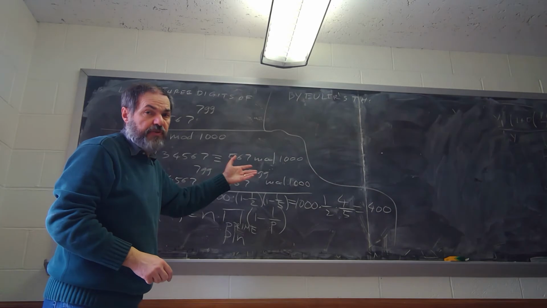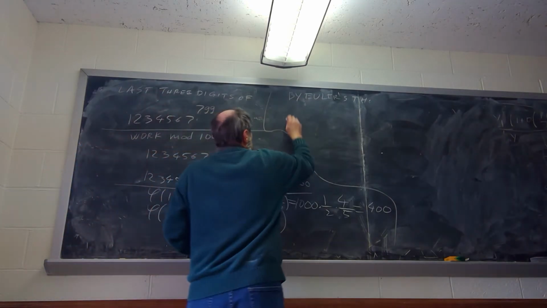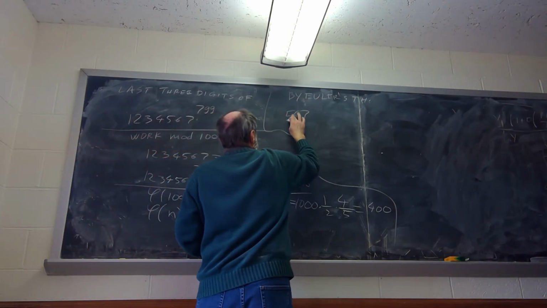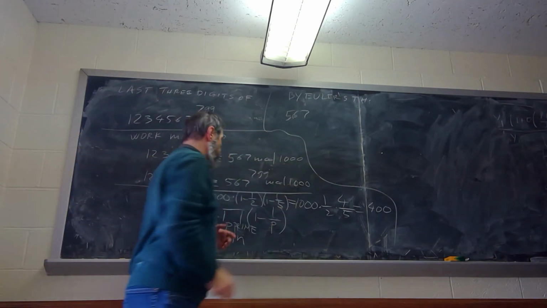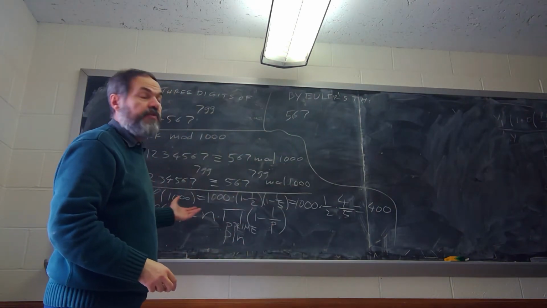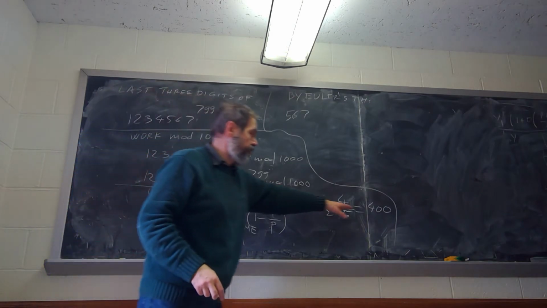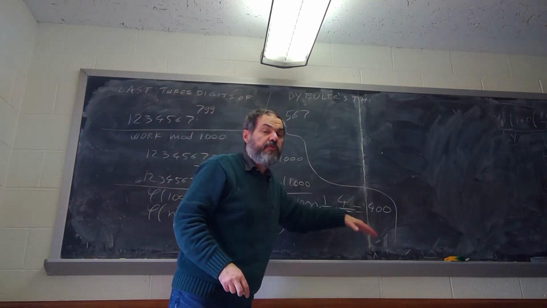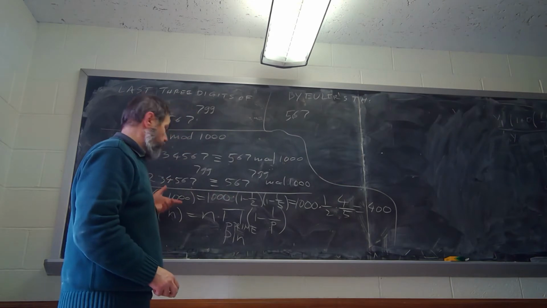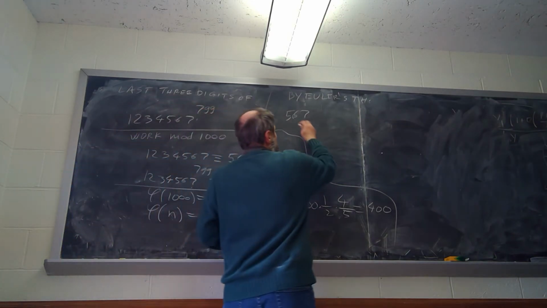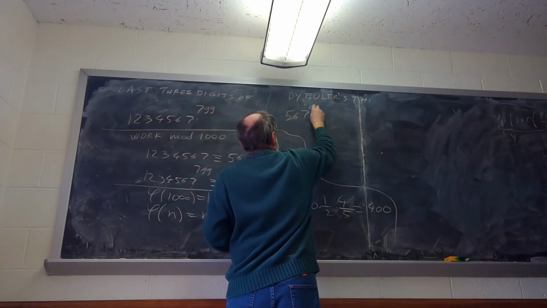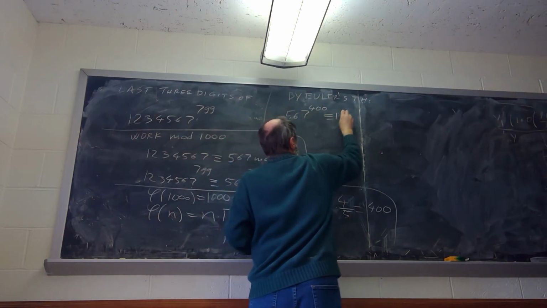It's raised to a large power. What we know now by Euler's theorem is that if we raise this number to the exponent 400, the value of the Euler function at 1,000, it is congruent to 1. So this to the 400 is congruent to 1